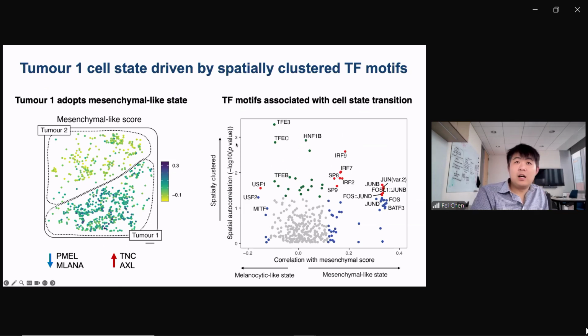state. More interesting, on the y-axis we're mapping these TF motif scores in space, showing how spatially correlated these different motifs are. You can see that some of these TF motifs are correlated spatially in this mesenchymal-like state, clustering spatially together. This is maybe suggestive of tumor microenvironmental pressures or maybe epigenetic inheritance through cell division.